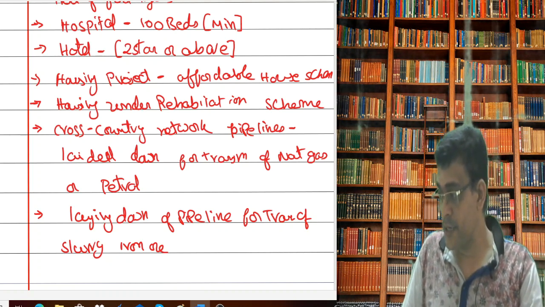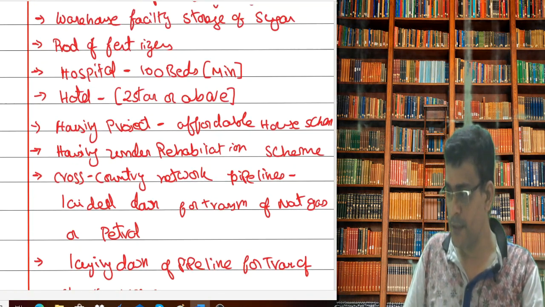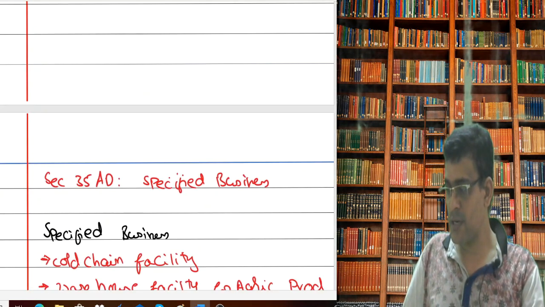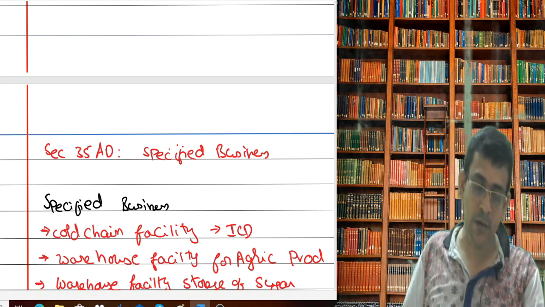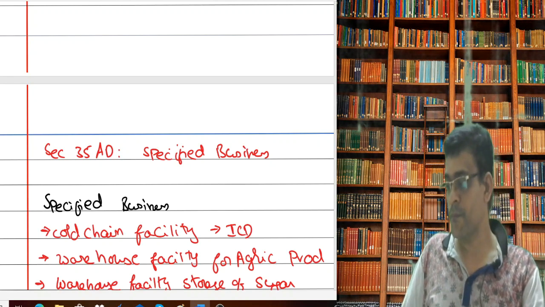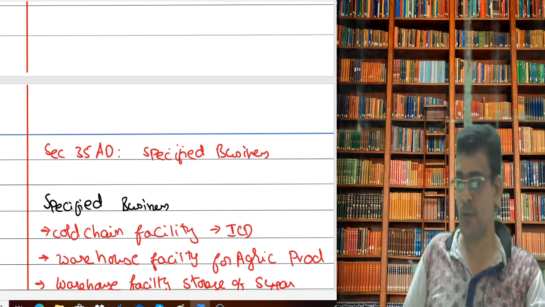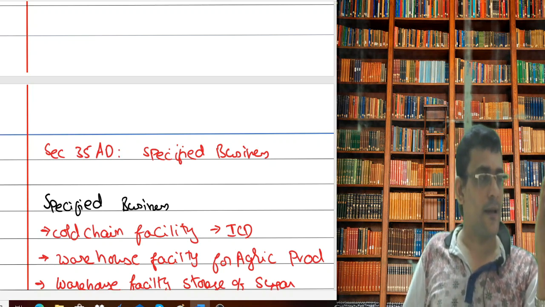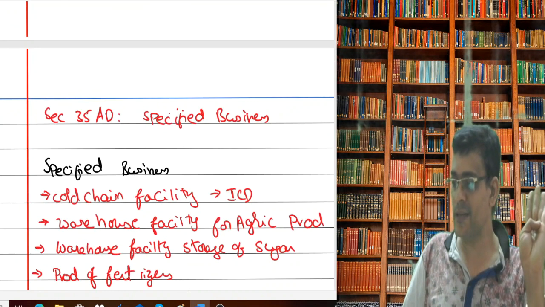One point of storage I need to mention, so I am adding it there itself. All the storage will be at one place, so let me put it as the first point. Now, as a part of your specified business, I want to add one more thing. There is something called ICD. What is the meaning of ICD? Inland Container Depot, which will be near the ports. In this inland container depot, you are storing some sort of goods. So storage, cold chain, ICD, agriculture produce, and sugar. These are the four things you have regarding agriculture produce.